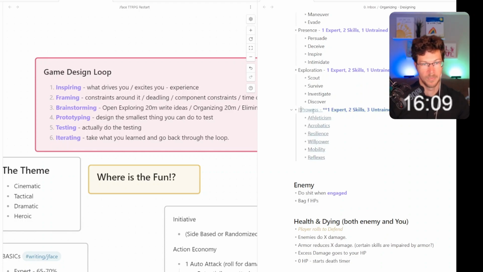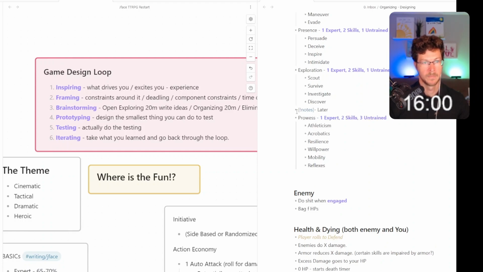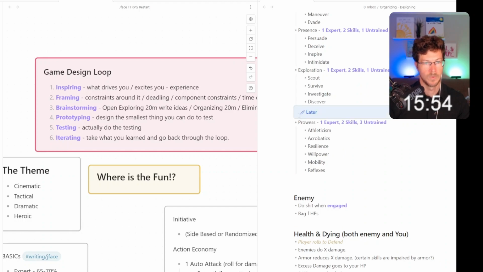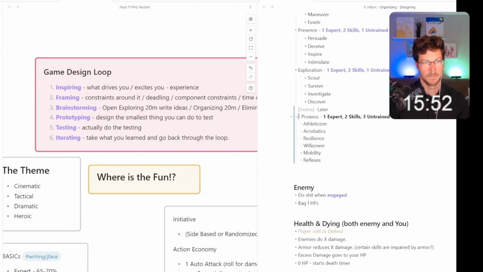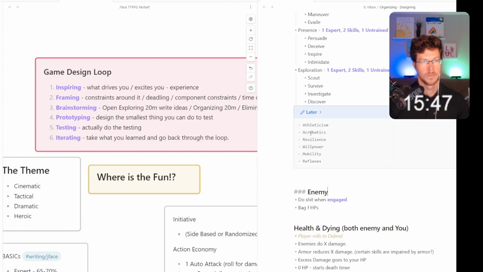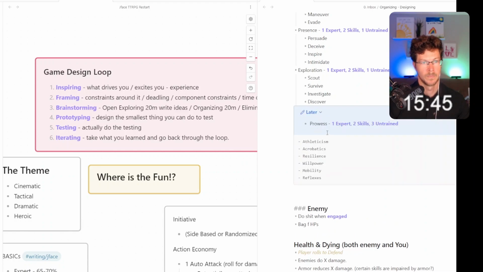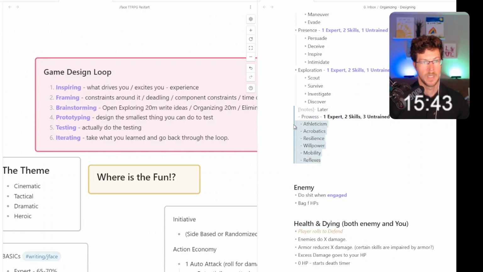This is probably going to be brutal. I don't think we need any of this stuff right now, because we're just not there yet. We are not there yet.